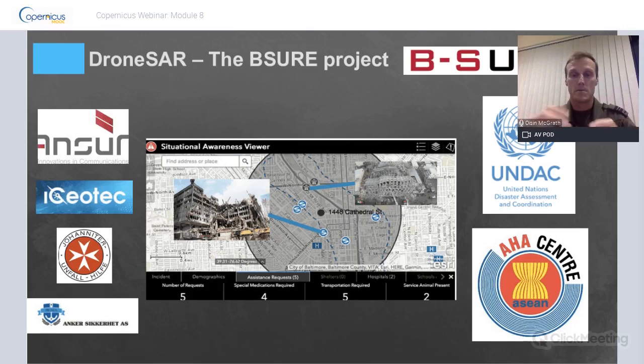And with input from all these people, we have come up with a browser system that allows the general population to provide feedback and information in disasters as it happens. So using their smartphones, taking images, sending them to a central server, flying their drones, using DroneSAR, providing imagery and video to a central server, all of which then is used to allow command and control to make better informed decisions on disaster management and risk assessment.